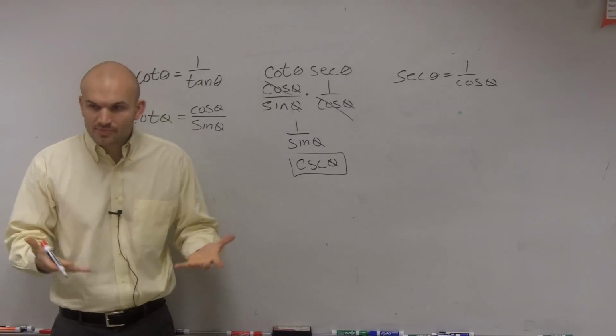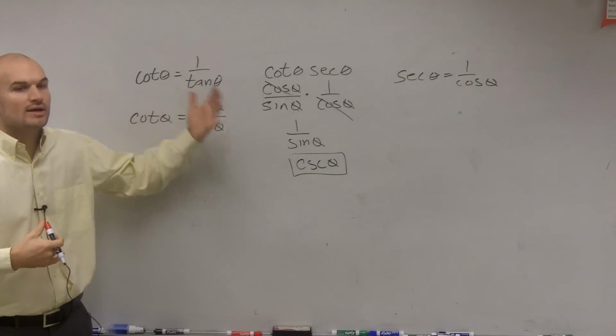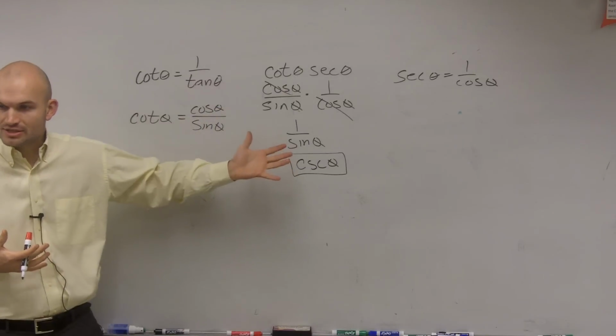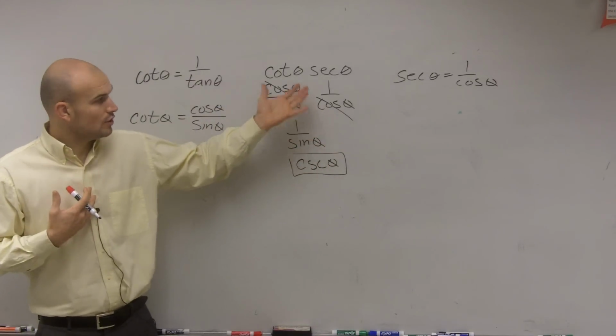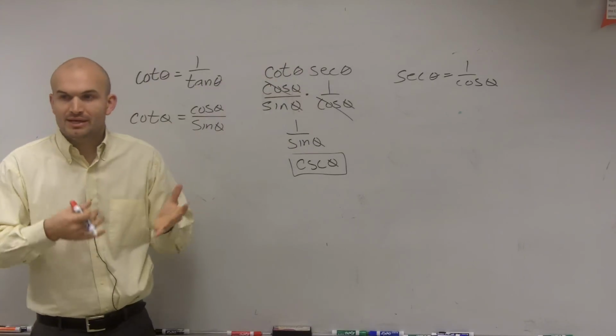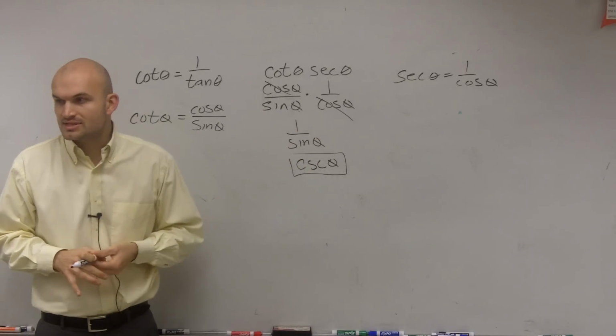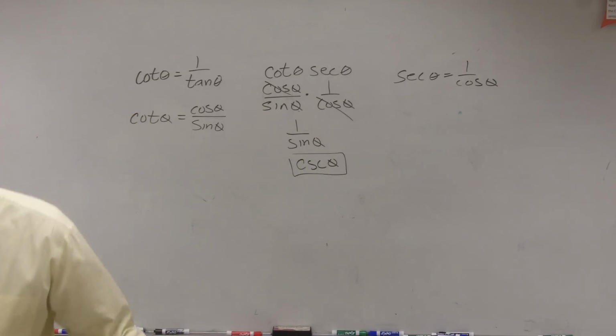All right, so when you guys are simplifying, you want to look at what identities you can use to transform your equation, your expression, or your terms that will help you divide or multiply out to get 1, to simplify it down to one single expression or one single function.